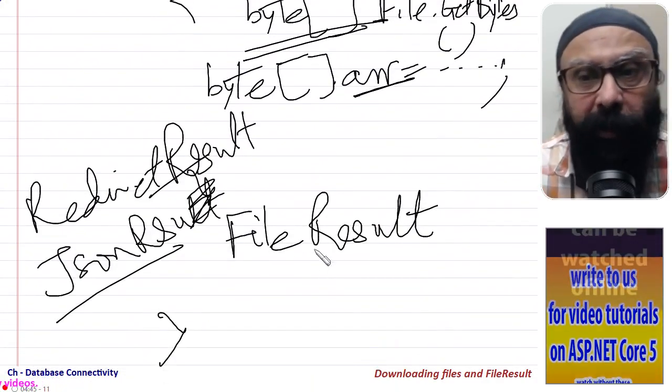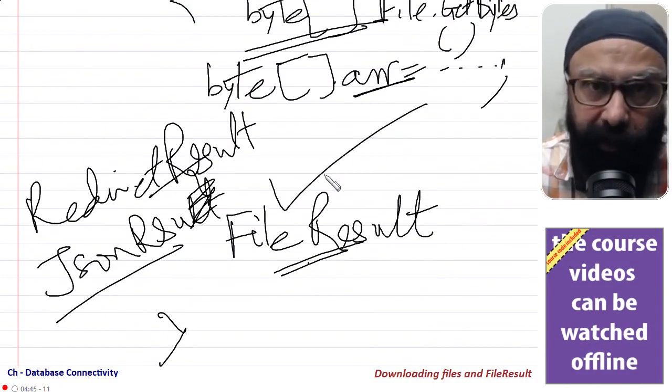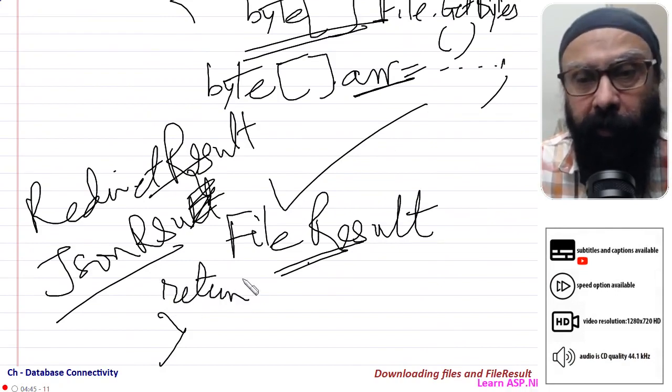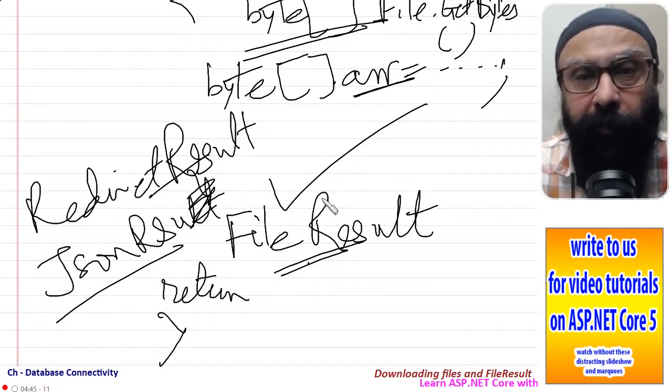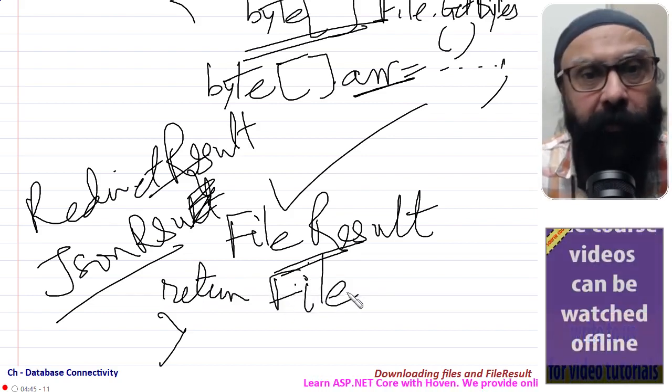But if we have to specifically send a file for download, we must specifically send a FileResult. So what we will write is return, and the FileResult can be obtained from a function called File, return File.